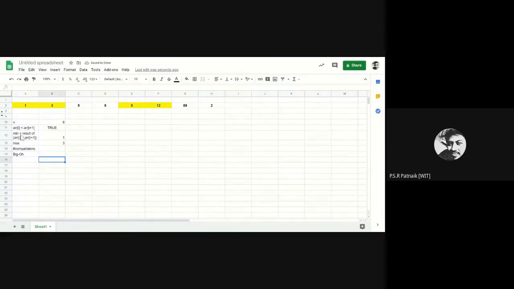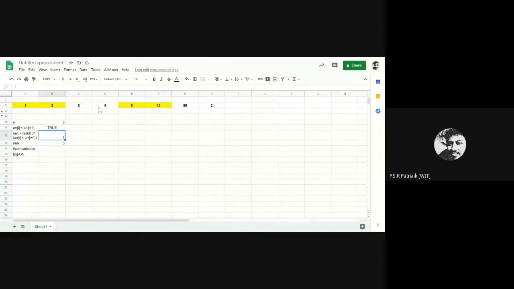If it is greater than the minimum of this, then you will update it. Right now the minimum is 1, and is 1 greater than 5? No, so there is no need to update.